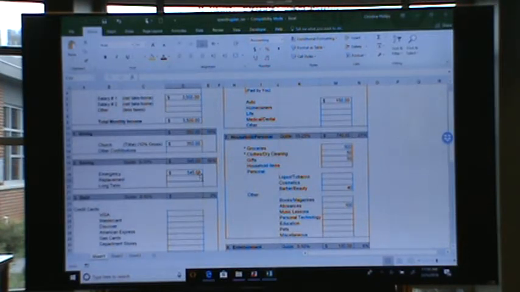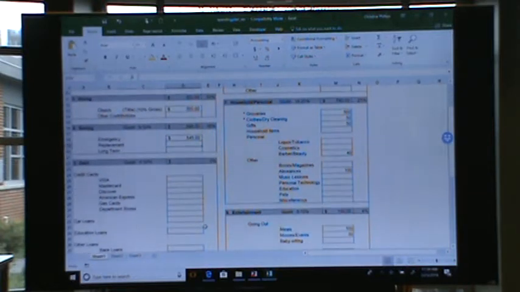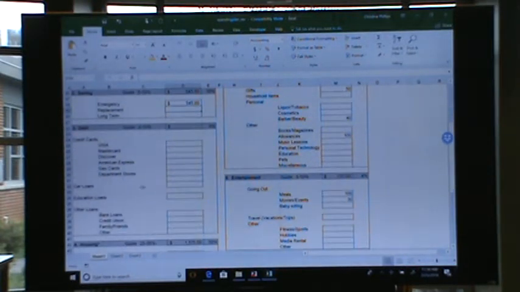All right. So I'm going to throw in, let's presume that we have a car and that we're paying a loan on that. So we have debt. And that's where this category is. It has a lot of different education loans in here too. But we're just going to pretend we have a car loan.